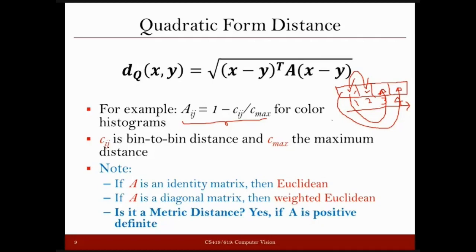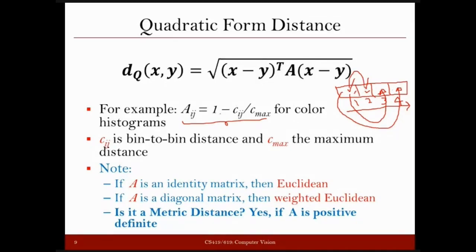Now how to compute these distances? If you have the bin indices of these bins, you will just subtract those values, right? So in Cij, the distance between, let's say, the first two, you can define C12, C13, C14 like that. And what is going to be the maximum here? The maximum is going to be the maximum distance. So the maximum distance is in this case 3, right? If you compare the distance from first to the last, it is going to be 3. And what is going to be the Cij value? Cij, with respect to 1, C12 is going to be 1, C13 is going to be 2, C14 is going to be 3.